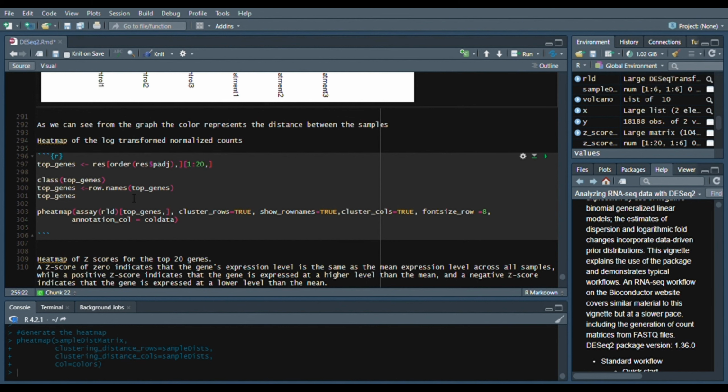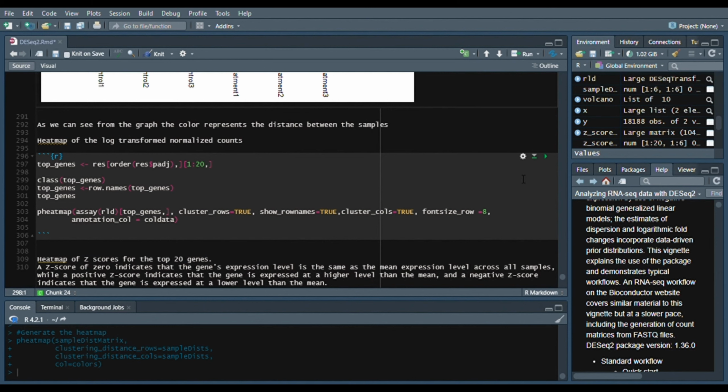The order function is used to sort the rows of results based on the adjusted p-values in ascending order. The results object is then subsetted to select the top 20 rows or genes, and then top genes equals row names. This line reassigns the top genes variable to contain only the row names of the top genes